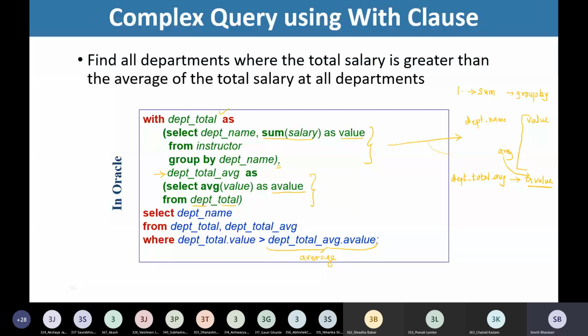In fact, the join operations we have studied in relational algebra. Similarly, we are going to learn how to write queries in SQL by making use of these join constructs. Okay, fine. So let's stop today. Thank you.